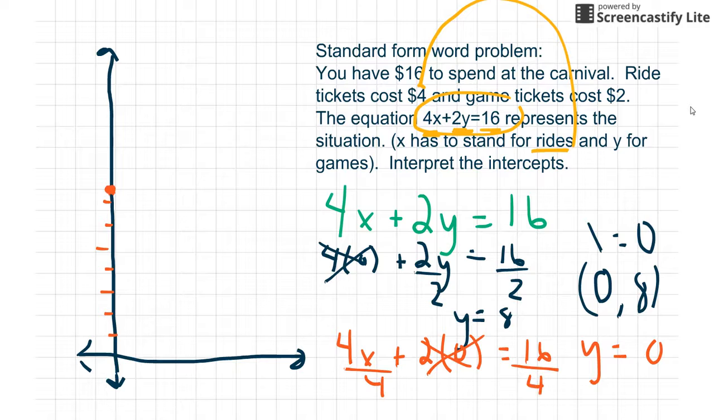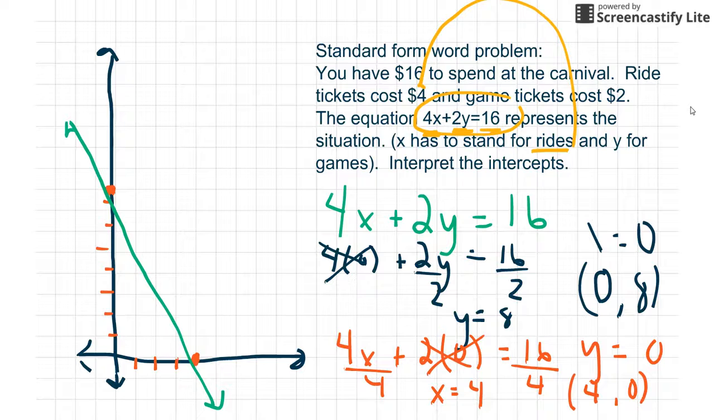So now we do the other one. y has to get set to 0. So now I do the same problem, but now I put in the 0 for y. So again, 2 times 0 is gone. Divide by 4, x equals 4. So if x equals 4, again, the x spot has to be the first one, y has to